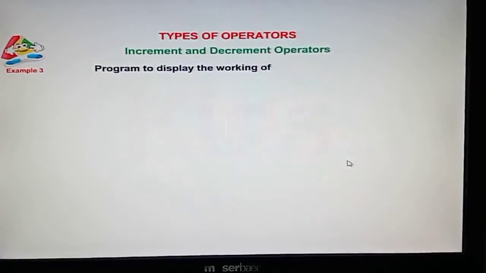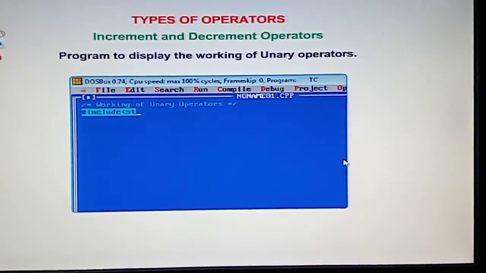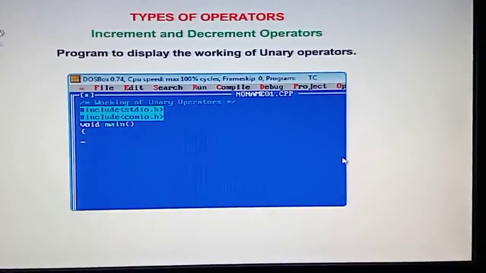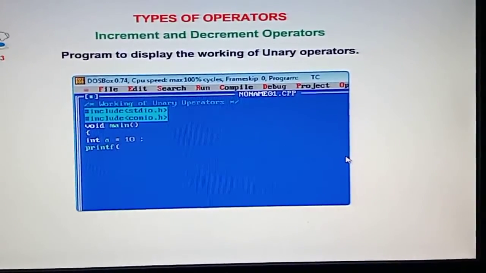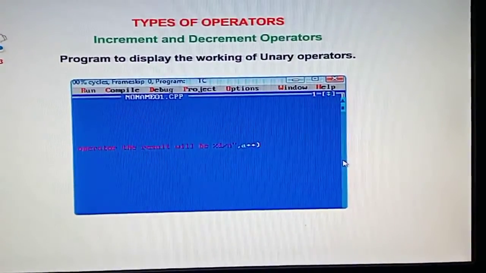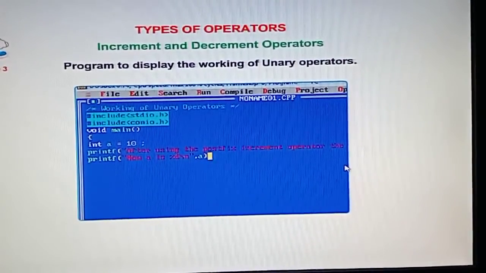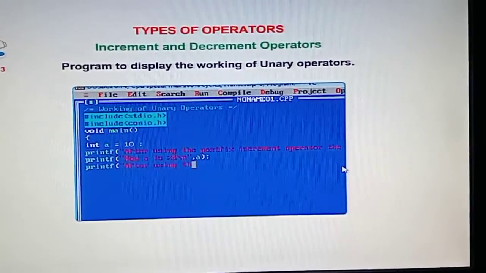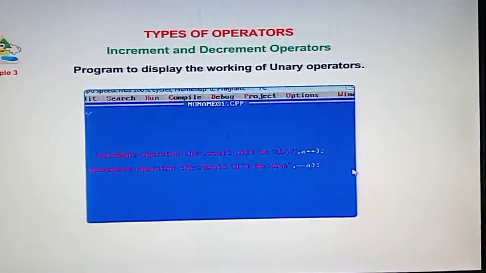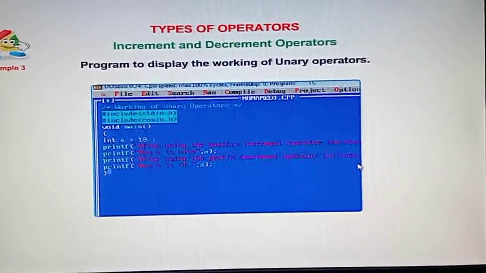Example 3. Program to display the working of unary operators. /* working of unary operators */ #include <stdio.h> #include <conio.h> void main() { int a = 10; printf("After using the postfix increment operator, the result will be %d\n", a++); printf("Now a is %d\n", a); printf("After using the prefix decrement operator, the result will be %d\n", --a); printf("Now a is %d", a); }